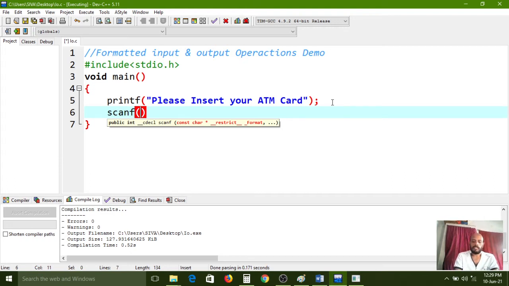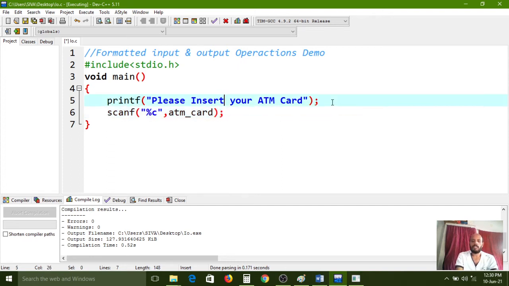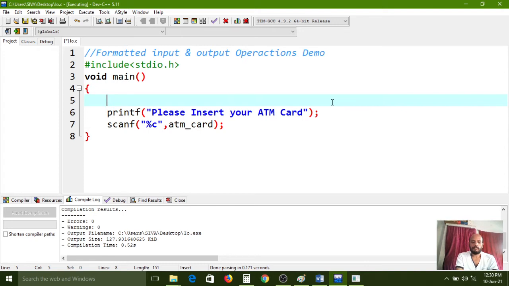My code is %c, ATM_card. Here I want to declare one variable, a character variable, ATM_card.